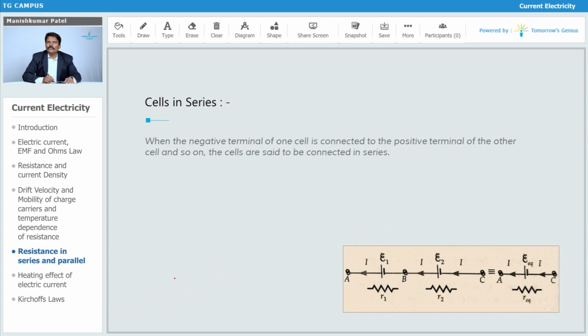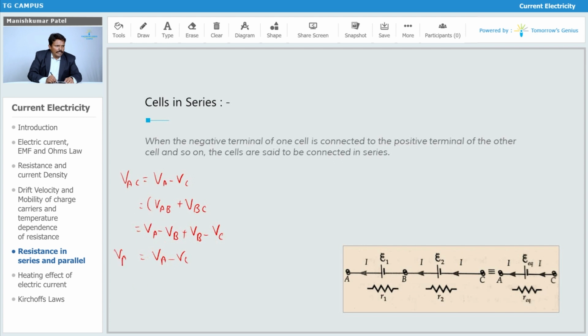This is how we have shown it over here. So this is the voltage between A and C. I can write it down: this is VA minus VC, which is equivalent to VAB plus VBC. You can verify also: VA minus VB plus VB minus VC. So you will get the same result, that is VA minus VC.